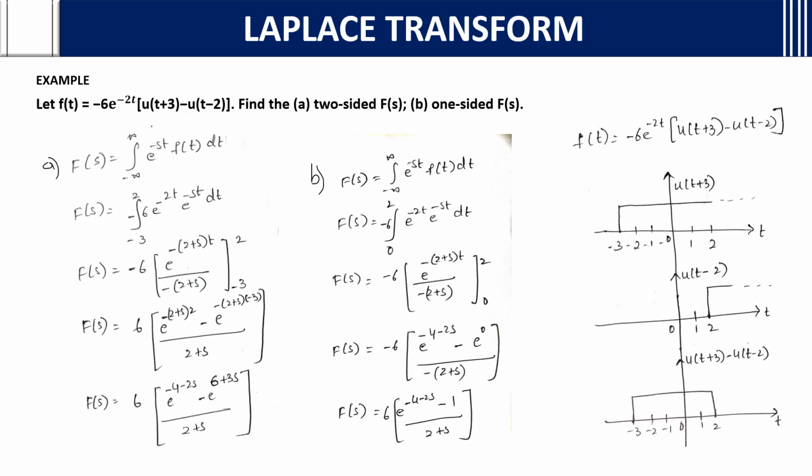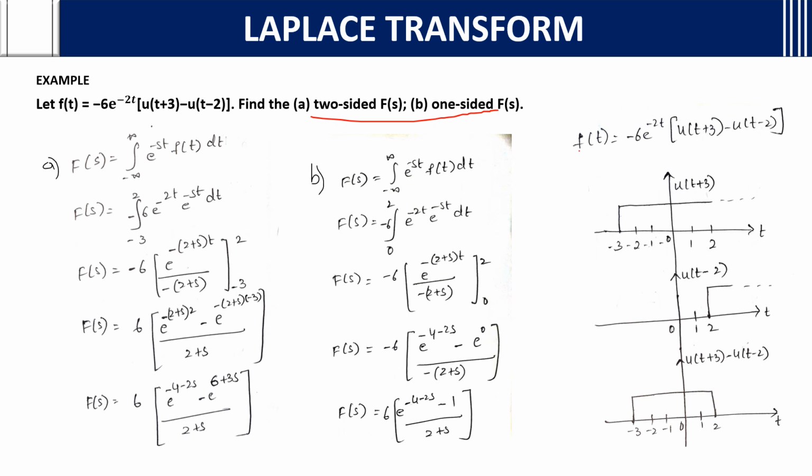f of t is equal to minus 6 e power minus 2t, u of t plus 3 minus u of t minus 2. Find the two-sided F of s and one-sided F of s. We will see when you need to know two-sided and one-sided. How to do that is,